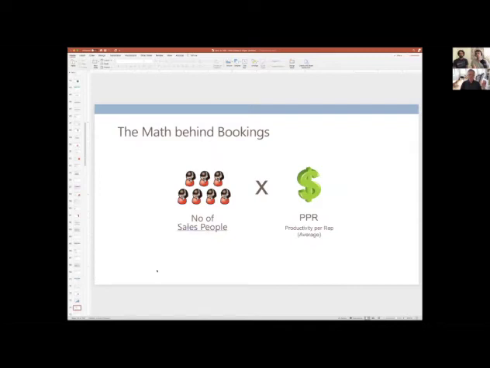And what you need to recognize is that the math behind your bookings, if you're sales driven, is actually equal to how many salespeople you have multiplied by the productivity that you get per rep. So in that particular situation, not hiring enough is going to restrict the amount of bookings you have. But it's also important to recognize that you've got to be able to feed those salespeople with leads. Otherwise, you're going to have unproductive reps if you can't give them the amount of leads that are needed to support them. Once you have the formula and they've capped out, they're not going to improve their sales formula anymore, but you need to scale your business with the number of salespeople you're hiring,